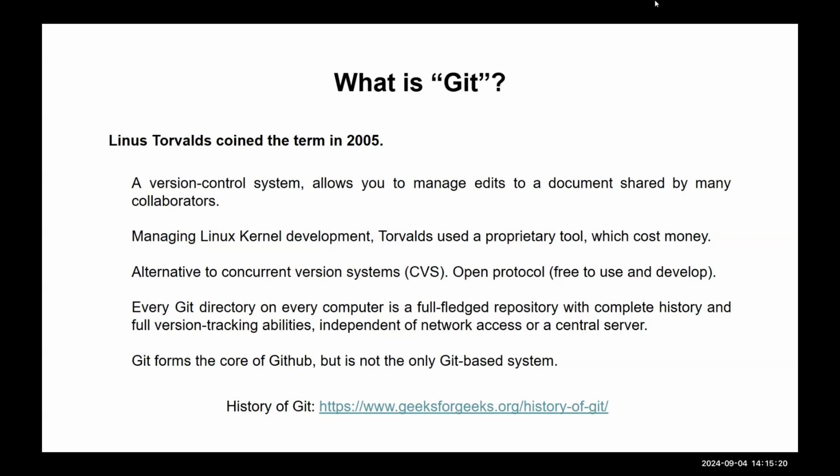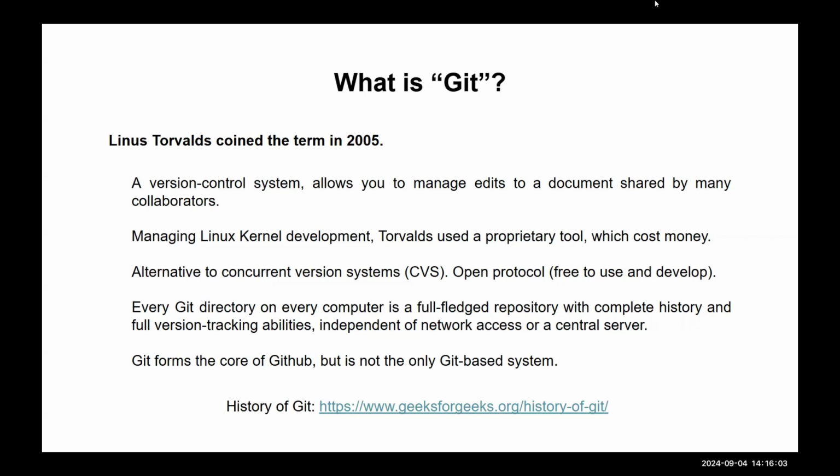But of course, fortunately, they had the Linux team, so they worked on this thing called Git, which built on top of concurrent version systems and made it something that could be used pretty easily. You didn't have to spend a lot of time learning these obscure protocols. You could just do what we're going to be doing in GitHub. So that's what they did, and Git has been wildly successful since. GitHub is just one version of Git. There's also GitLab, which also uses Git but is a different platform. There are all sorts of ways you can use Git, but this is where Git comes from.